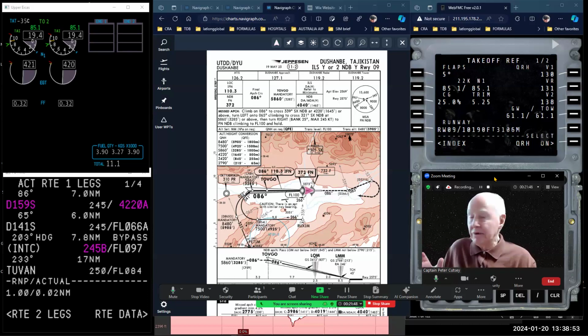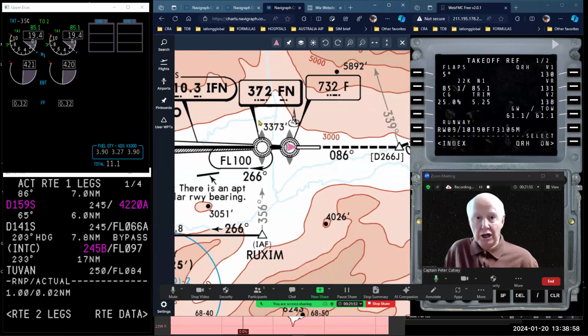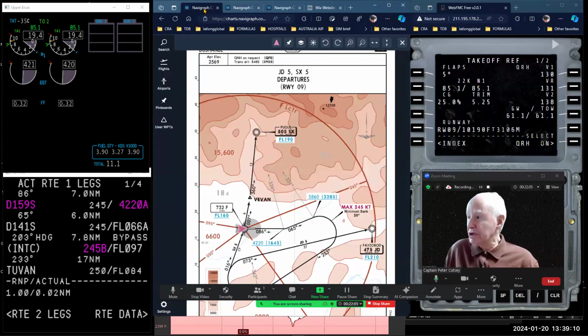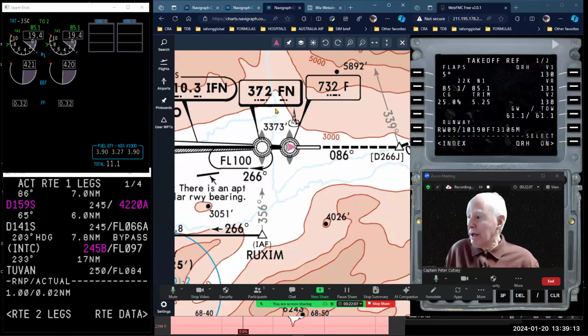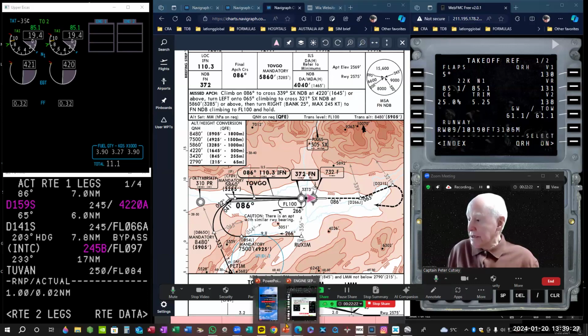At the very center of the display is our actual position that we use to track our flight in our lesson plans. We have different charts that we require. In this case, the one we're looking at now is for the ILS Yankee to runway 09 at Dushanbe. We have other tools also that we use, and namely